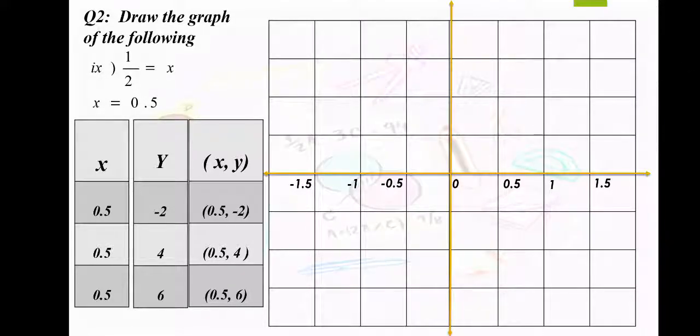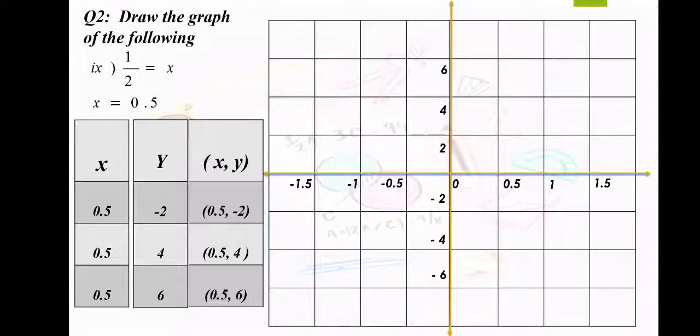Now for the y-axis, we will see the y column. In the y column, the maximum number is 6. Here you can see the numbers 2, 4 and 6 are multiples of each other, so the difference between these numbers is 2. So on the y-axis, the first point will be 2, the second will be 4, and the third will be 6. So on the y-axis, the difference of the numbers is 2. For the negative y-axis, -2, -4 and -6.